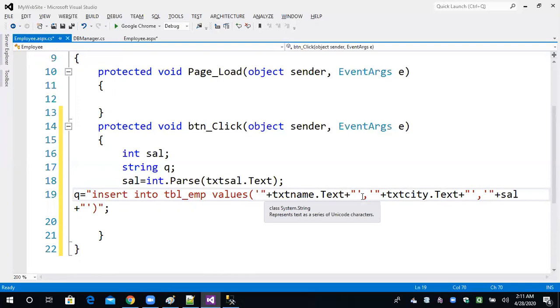Okay, so you have to understand in this state only. Single quote, double quotes, and the salary. Single quote, double quote, txtCity.Text, and single quote, double quotes, and salary, txtSalary.Text, and in the last,